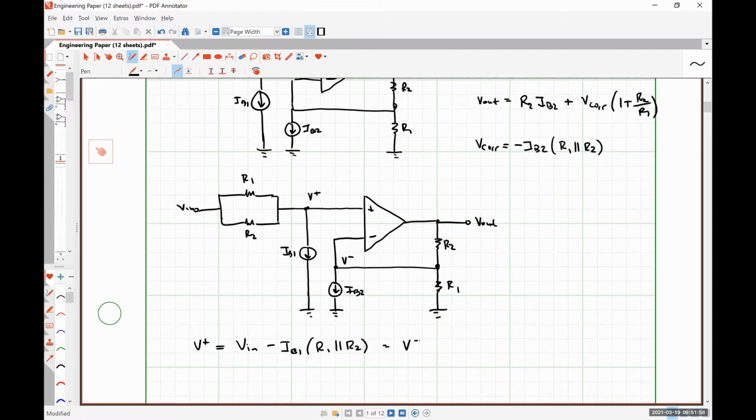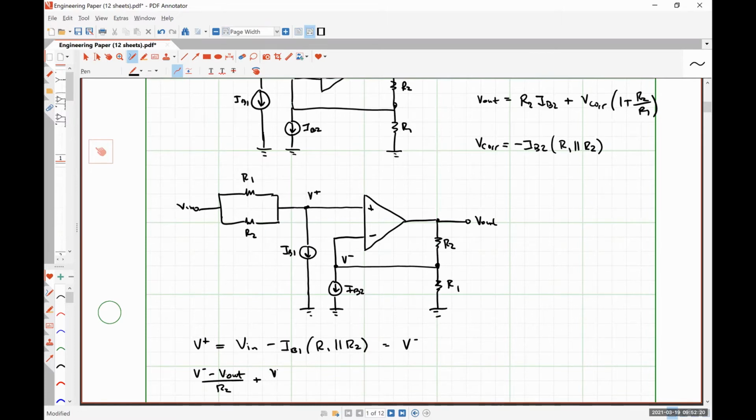If we apply Kirchhoff's current law at our inverting input terminal, we get V minus minus V out over R2 plus V minus